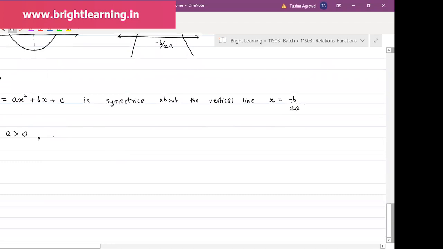The expression f of x has a minimum value at x equal to minus b by 2a. Keep in mind that minus b by 2a is not the minimum value of the expression. It is the value at which the expression has its minimum value. The minimum value of the expression will be something different. Minimum value at x equal to minus b by 2a, and